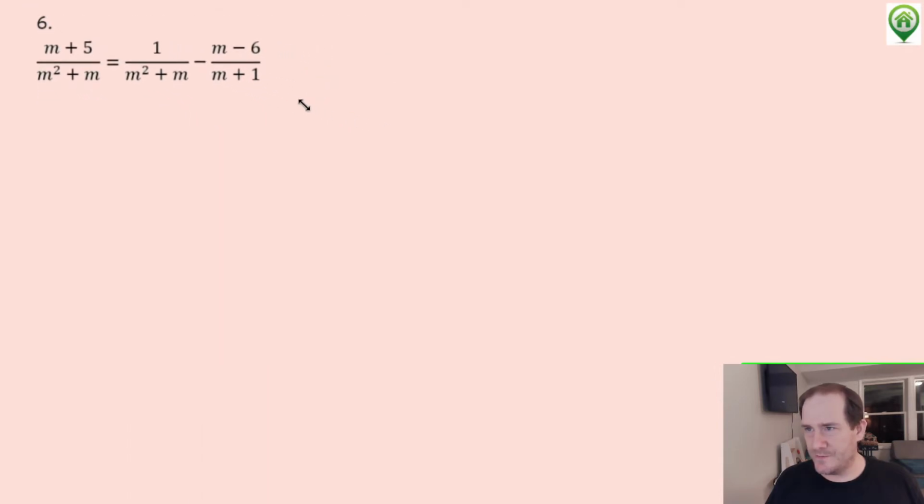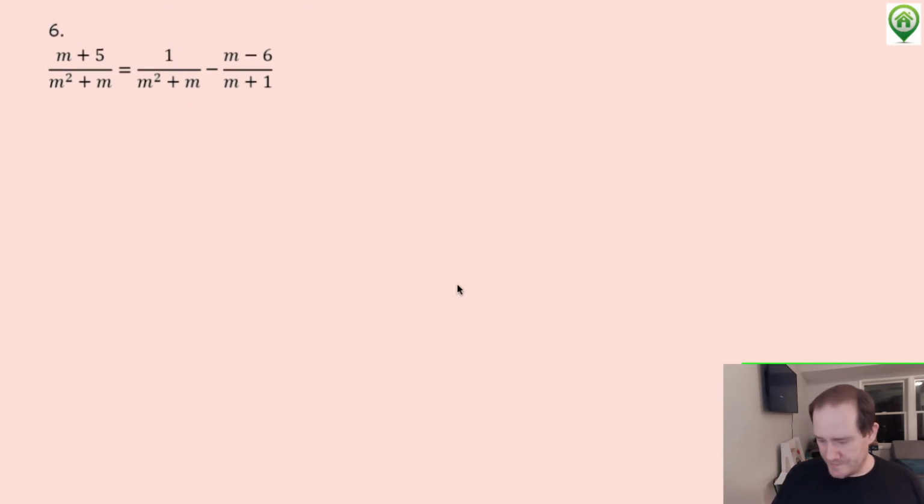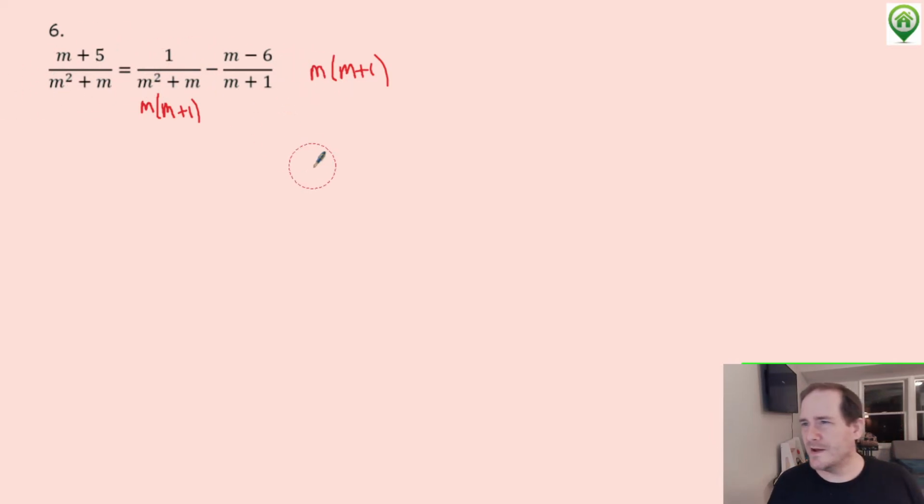We're going to multiply through by our LCD. And looking at this, we do need a factor first. Just to make sure we recognize that here when you factor out an m, you get m plus 1, which means I don't need another whole factor of m plus 1. Our LCD is just going to be an m times an m plus 1, and multiplying through by that will get everything to cancel. So this one looks like it's going to be an easy one